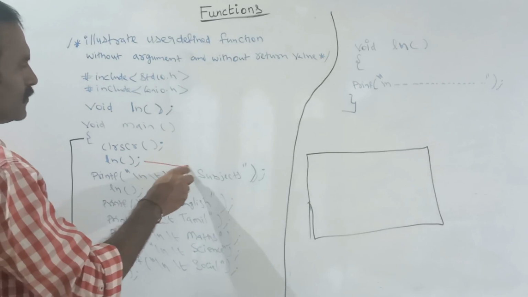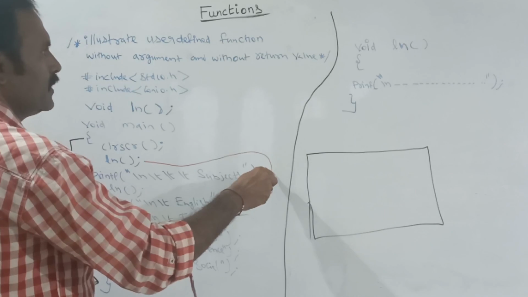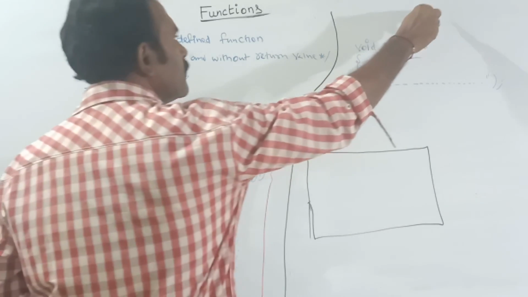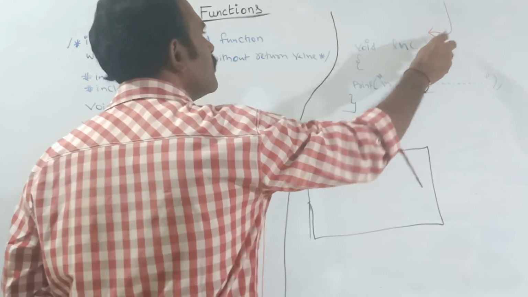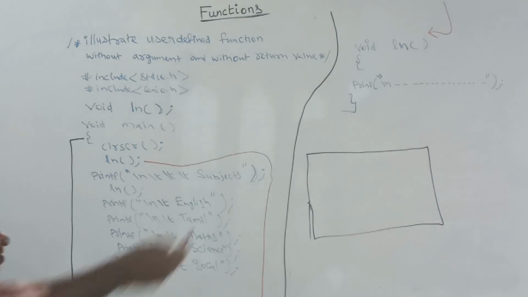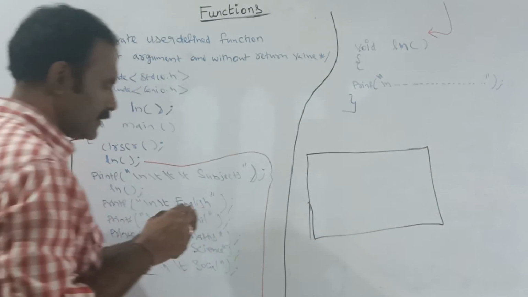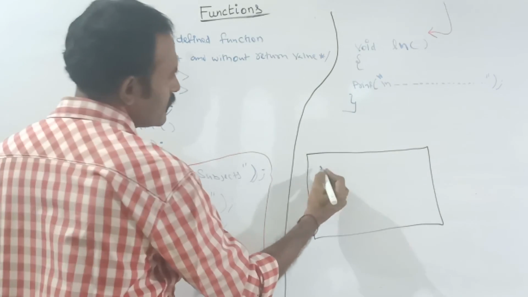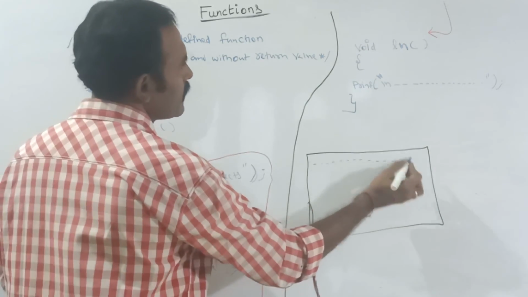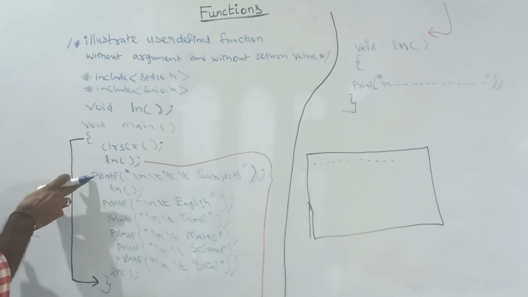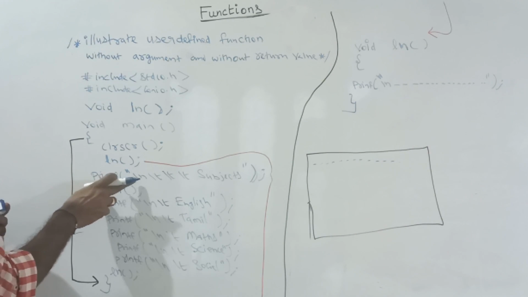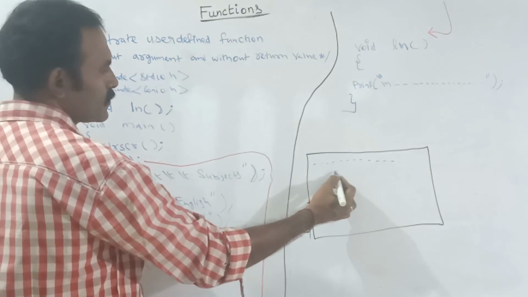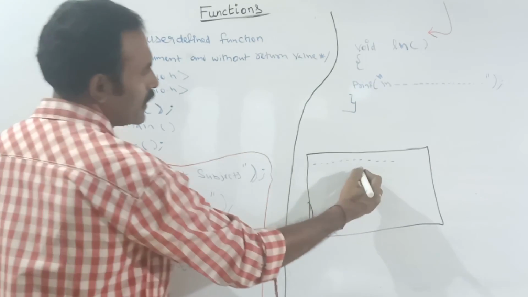It will come here, and in the ln function I simply tell it to draw a simple line. That is, this dash will be drawn. Next, printf slash n means next line, slash t means tab space, totally 3 tab spaces it leaves,